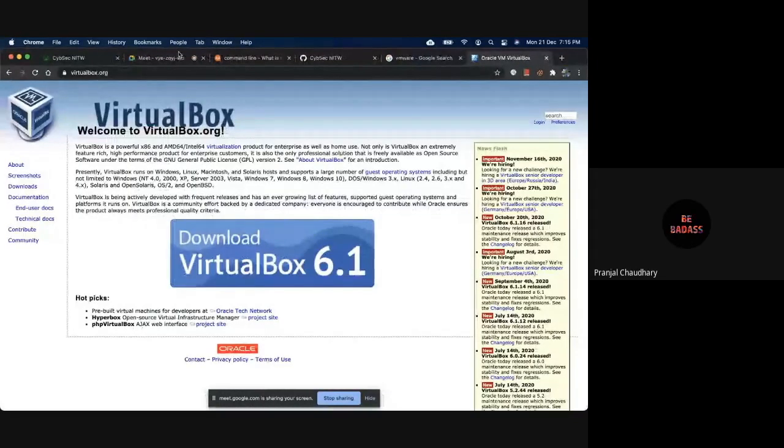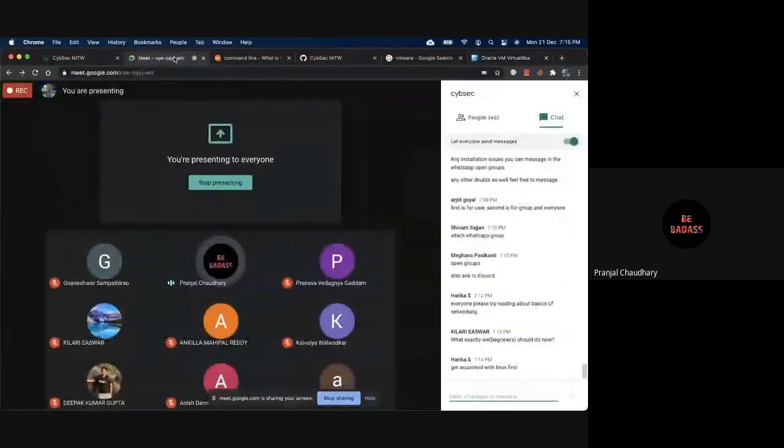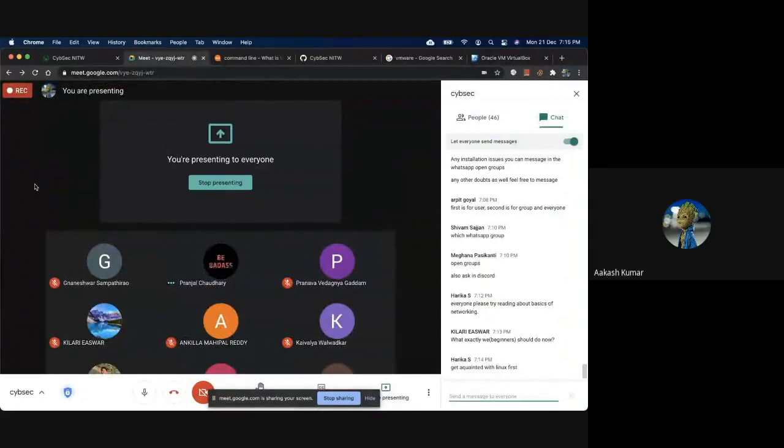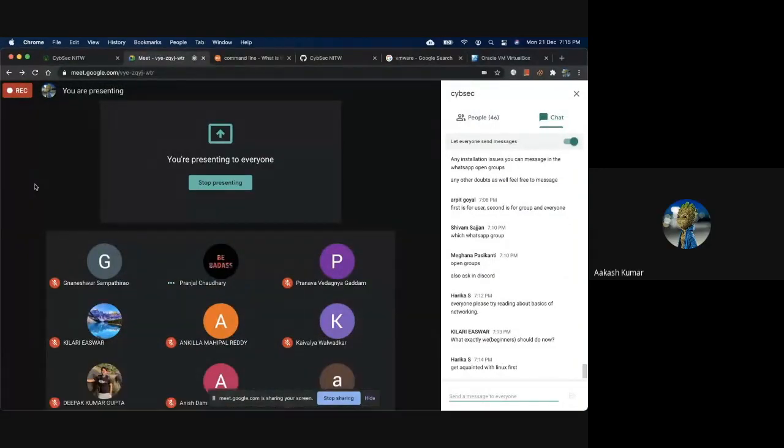Should I do this on my iPad or just on my laptop? It will work on a laptop mostly. You have to do so many things, it will need some RAM. Okay, I got it.